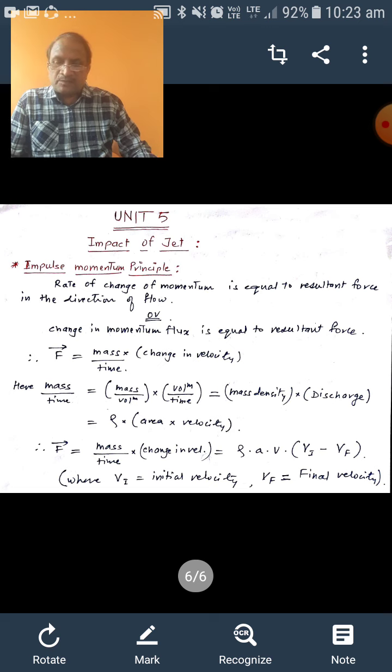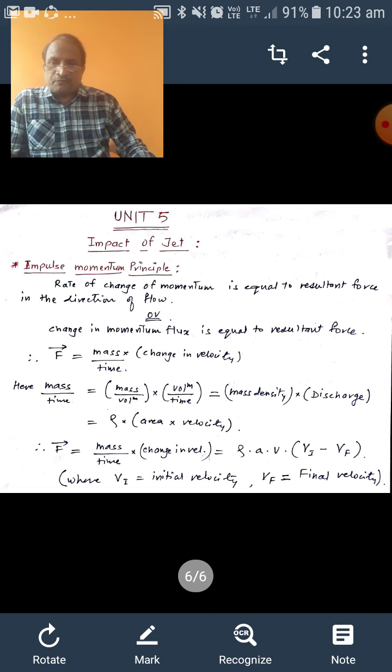Now mass upon time can be written as mass upon volume into volume upon time, where mass upon volume is mass density rho, and we know that discharge is volume upon time, which can be written as area into velocity. Therefore, finally, we can write the equation for resultant force as mass density rho into A V into initial velocity minus final velocity. So, this is the basic equation we are going to use for finding out the force